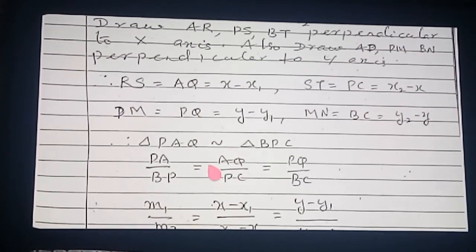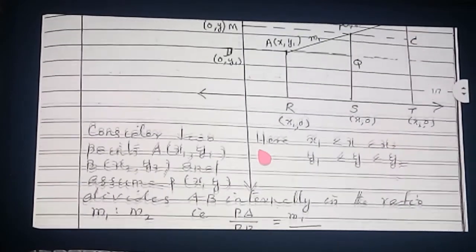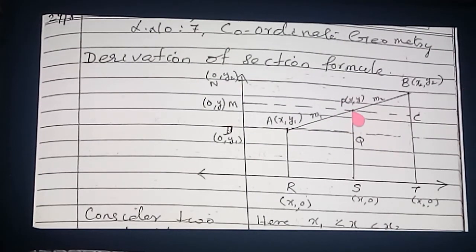Now listen here, what I have written here, we can see the diagram once more. Triangle PAQ is similar to triangle BPC. Actually this we will study in chapter number 6, triangles, similarity of triangles. Similarity of triangles has many applications. Here I will say which theorem we are applying. This angle is 90 degrees and this angle also is 90 degrees, no? These two angles are 90 degrees. The meaning is that these two angles are right angles.